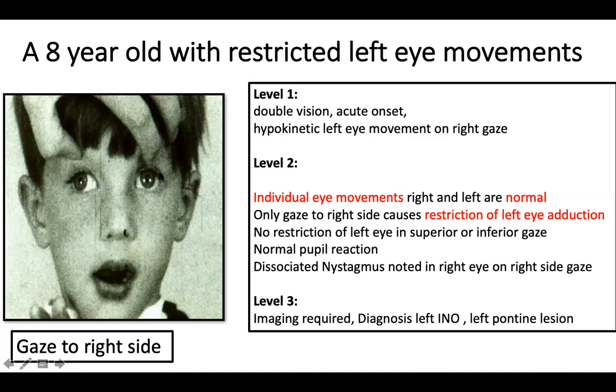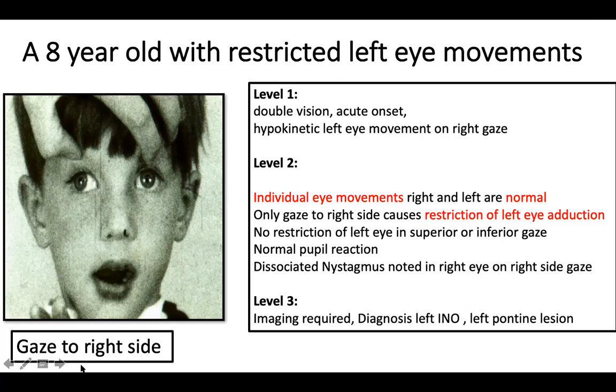Just like I told you for a fourth nerve palsy. For example, if there's a fourth nerve palsy on your left eye, there is difficulty in gaze towards your right downside. Exactly the same point. If there is an INO, there is always a difficulty in gaze towards the opposite side. So a left-sided INO produces difficulty in gaze towards the right side, and a right-sided INO produces difficulty in gaze towards your left side. So this is one easy way to remember: INO and fourth nerve palsy both produce a gaze difficulty to the opposite side.